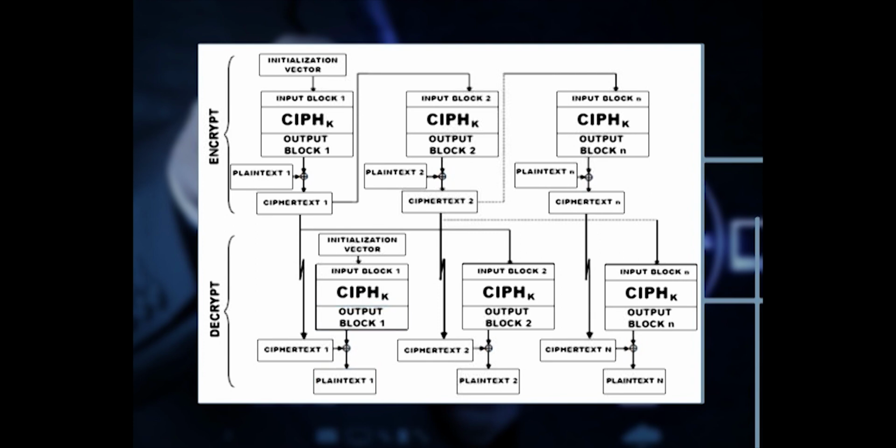The first output block is then transformed by the forward cipher function to produce the second output block. The second output block is exclusive ORed with the second ciphertext block to produce the second plaintext block, and the second output block is also transformed by the forward cipher function to produce the third output block. Thus, the successive output blocks are produced from applying the forward cipher function to the previous output blocks, and the output blocks are exclusive ORed with the corresponding ciphertext blocks to recover the plaintext blocks.